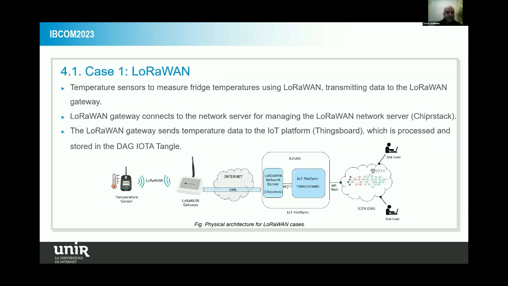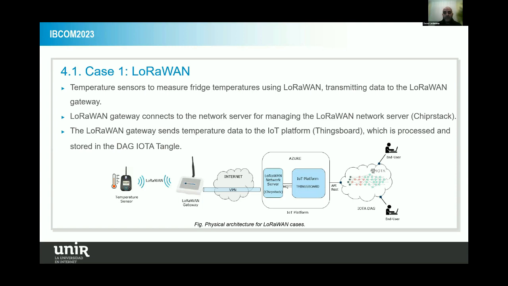Okay, so in this case, we designed this architecture and tested this design with 2 connectivities. The first one was with LoRaWAN connectivity. Here you can see the physical architecture of this case with LoRaWAN. In this LoRaWAN case, the pilot project utilizes SLB system sensors. SLB is the sensor manufacturer,